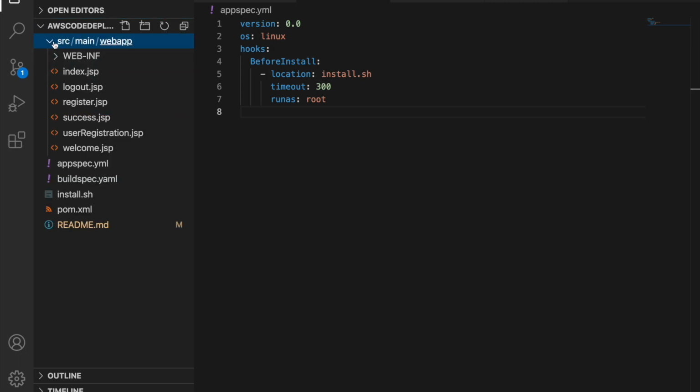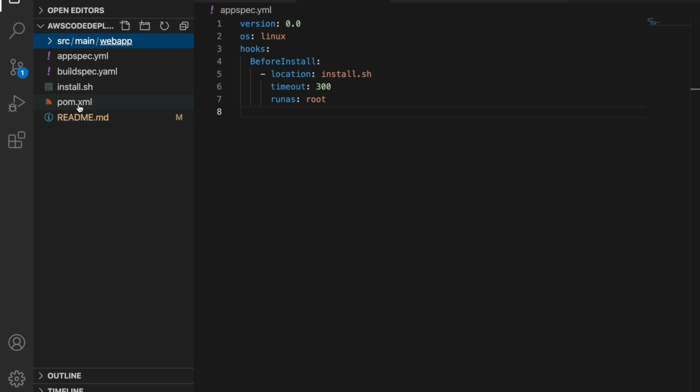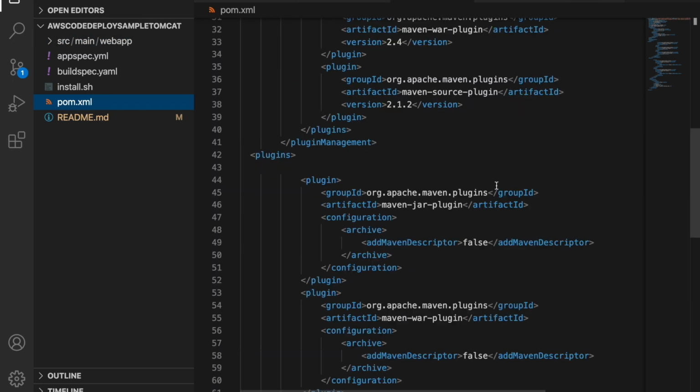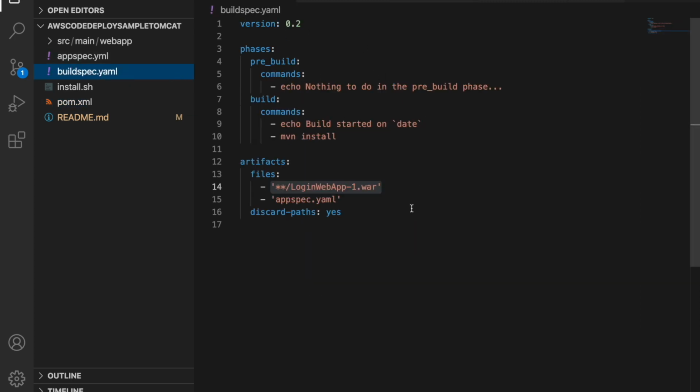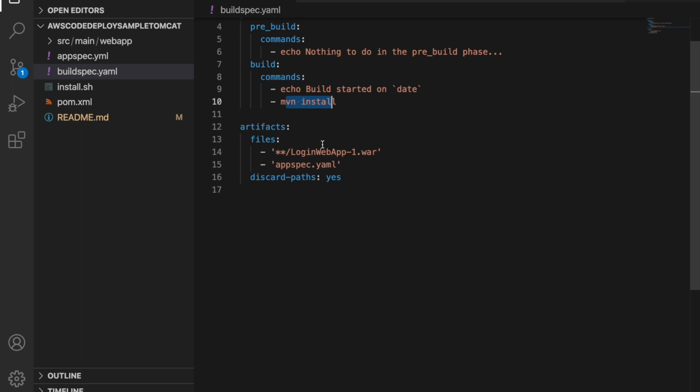So this is just a normal index.jsp file, and here I have a pom.xml file which is actually compiling this project, and I have defined the buildspec.yaml file which is used by your CodeBuild agent to compile your project. Here you can define what all things you want. In this I just need mvn install. And the second thing, I want to upload the artifacts to an S3 bucket. So here I have provided artifacts, and this is how you can provide your files also,